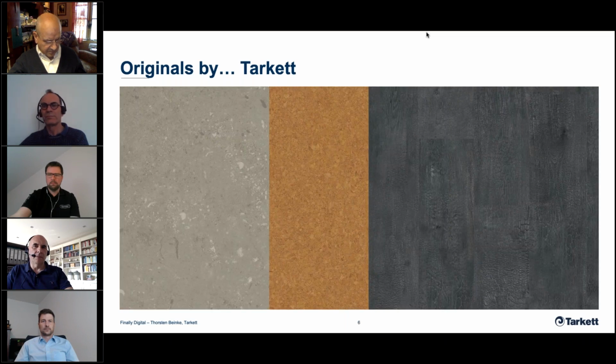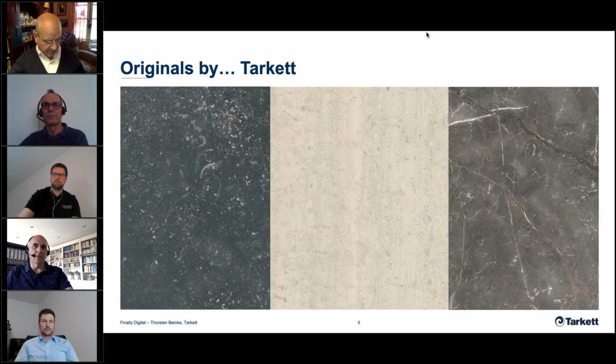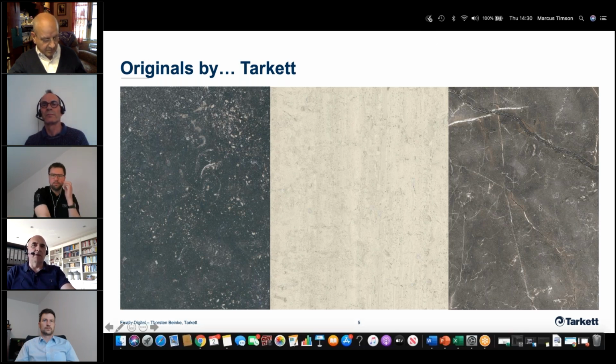And so Tarkett are moving things forward at quite a pace there. So in terms of your production, Thorsten, how much of it is digital now compared to analog? So for LVT, I can tell you that today we already have a 10% share in digital, and this is tremendously growing from month to month. We are focusing for the moment on the LVT products because here we also see a kind of USP for us,